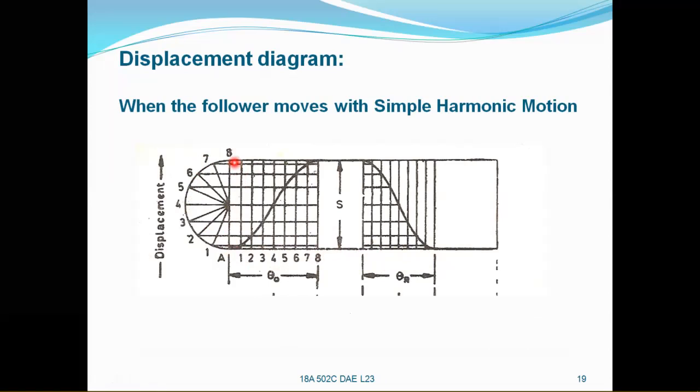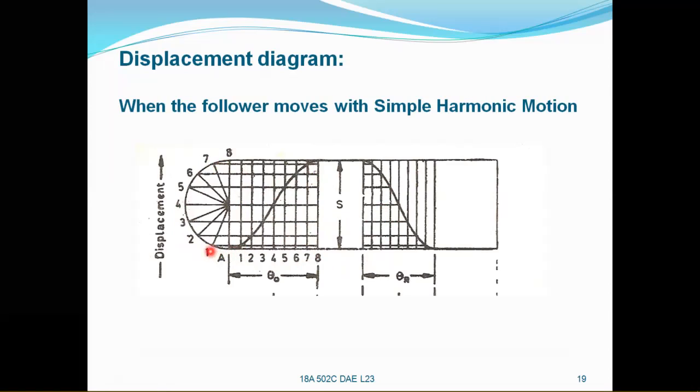It means the diameter is the stroke or lift, and divide this semicircle also into the same number of parts as divided in the outstroke and return stroke. After dividing, draw vertical projectors for each angle of the outstroke and return stroke,